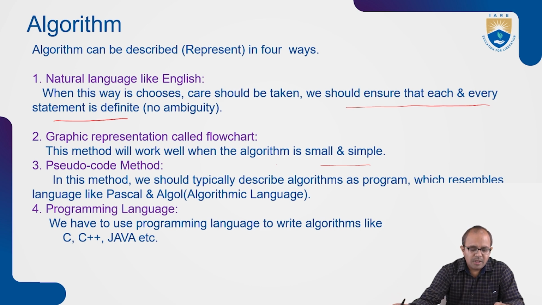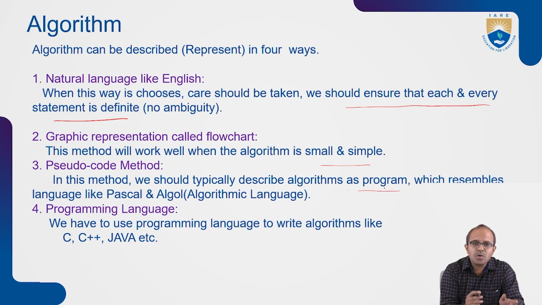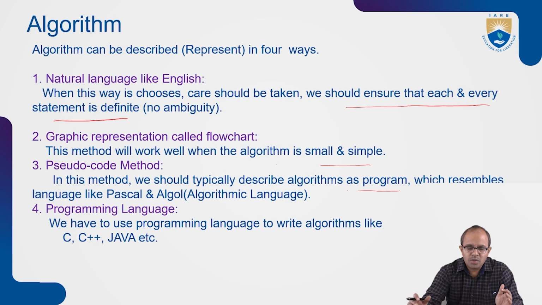And the other one is the pseudocode method. This method typically describes algorithms as a program. The pseudocode is very close to the program. If you clearly see, there we are writing if A greater than B. If true, what should happen? If false, what should happen? That means some of the steps are going to be written in programming style. You can use if condition, you can use for, you can use while, or you can use any other programming concepts while developing your pseudocode.